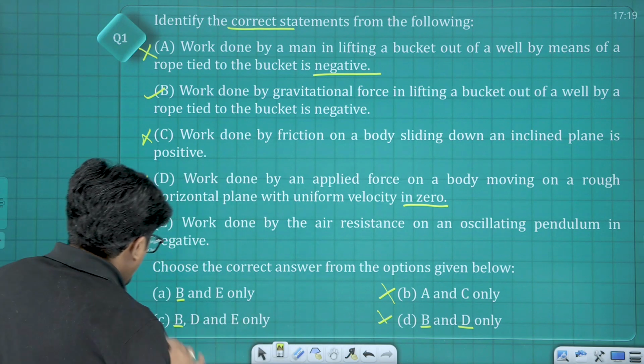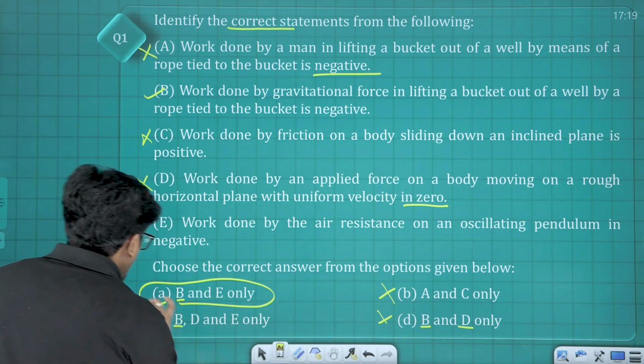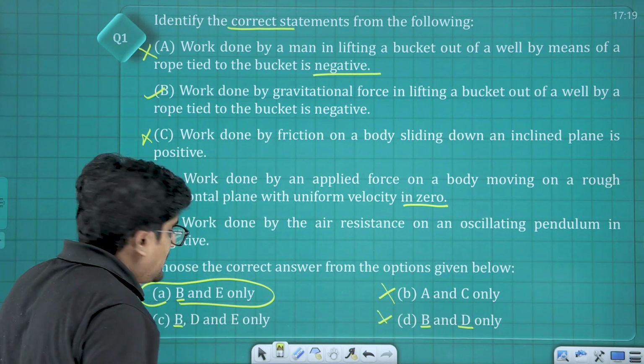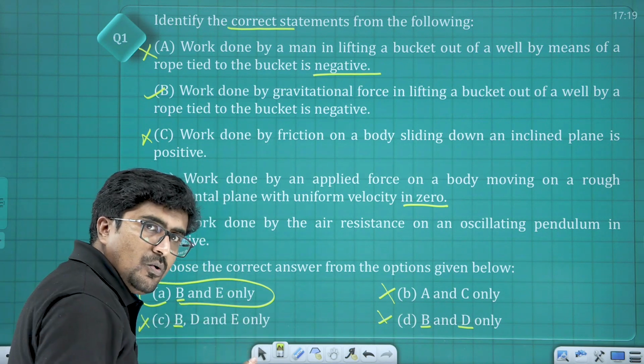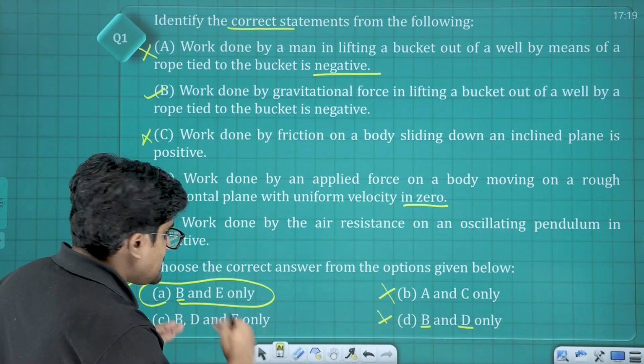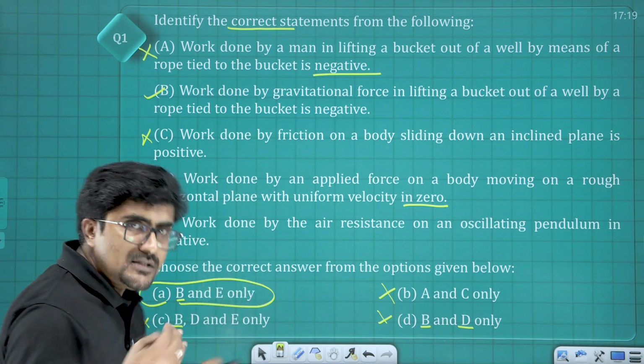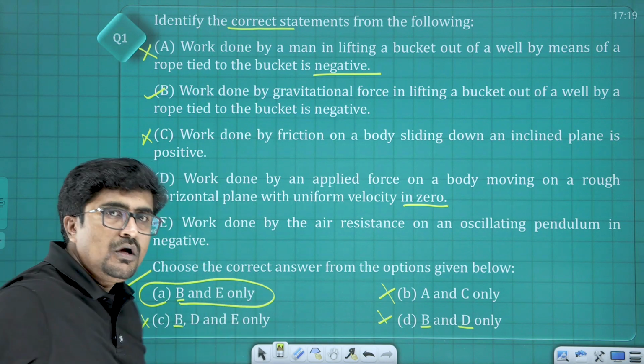Now by this time we have got only A left with. So even without checking the correctness of statement number 5, that means statement number E, we can log that. So in the actual examination, this must be your last step. Alright, now, so since it is a discussion video, let's go for the correctness.